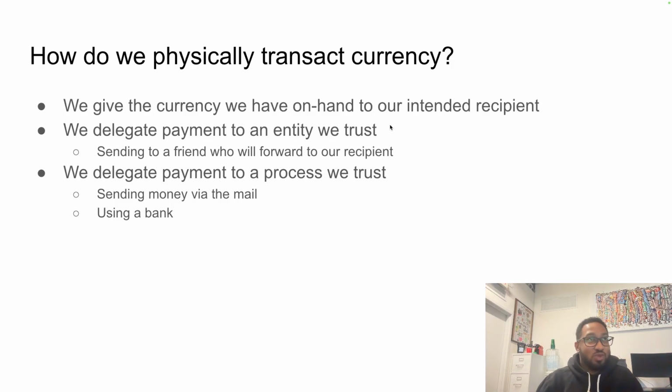We delegate payment to a process we trust, like sending money via the mail or using a bank. These are typically ways that we physically transact currency, pretty much in person, or we give it to a friend or some institution that we trust to do it because of some process. Like we trust the bank to send our money because if they don't, we could file a lawsuit and we have the state violence to help back up our claim.